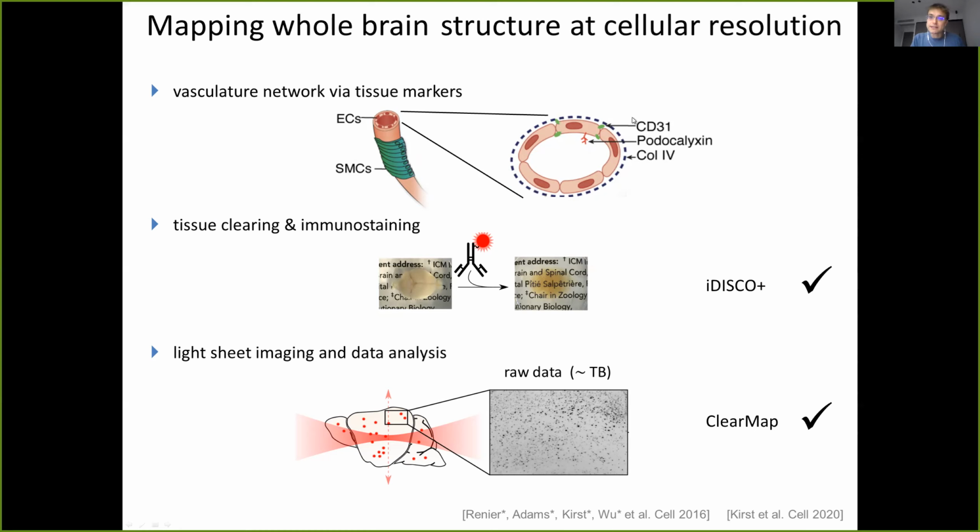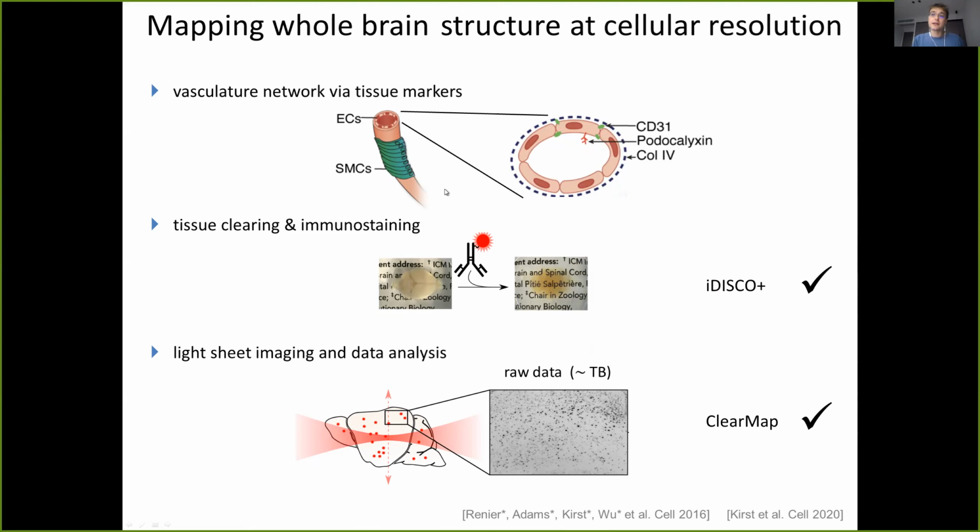For this, we take a combination of markers. In this case, endothelial markers that mark basically the vasculature tubes. We apply our iDISCO clearing protocol over here, and then we do imaging. And in this case, instead of just one marker, we also mark the smooth muscle cells that are stained by ACTA2, which mark the arteries.